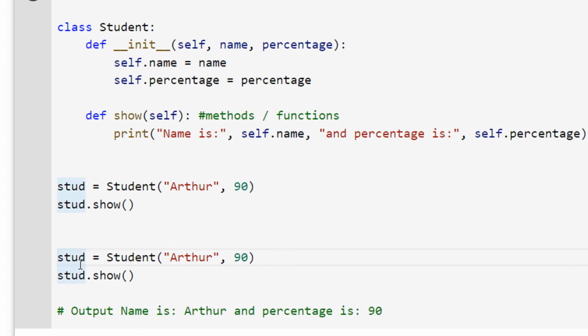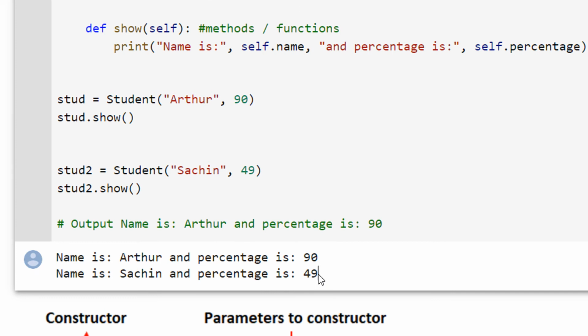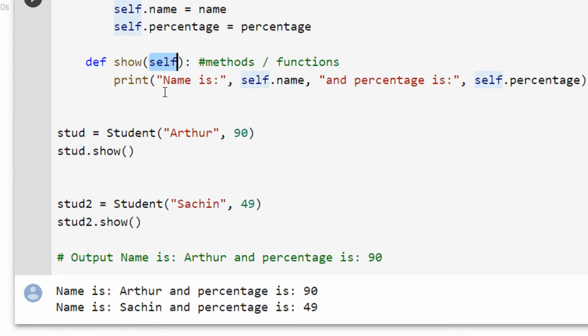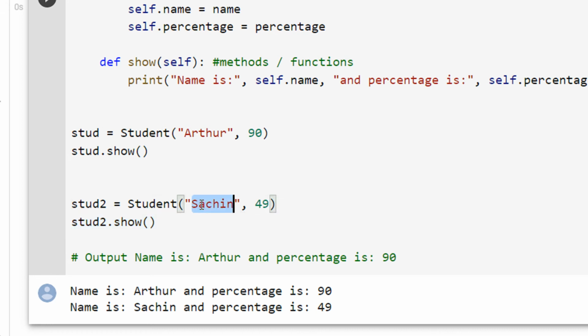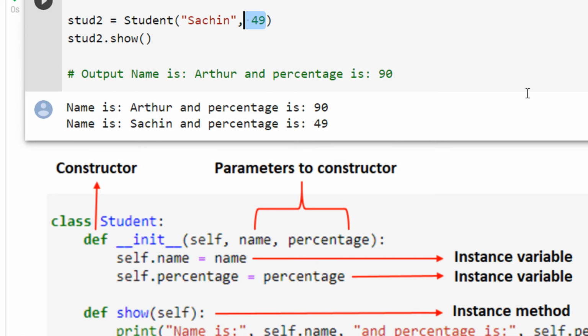We will have stud2, with Sachin and let's say 49. So name is Sachin and percentage is 49. Now you can see the beauty of self. Self automatically updates, since I am being invoked by stud2. What is stud2 containing? It contains Sachin and 49. So this will be updated accordingly, right?